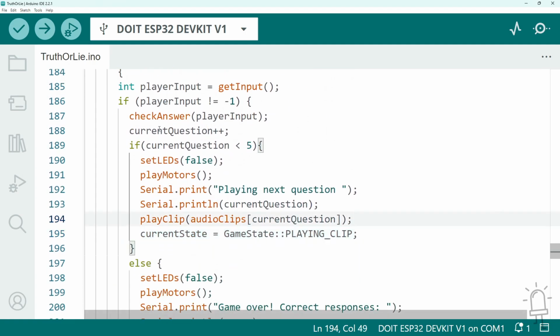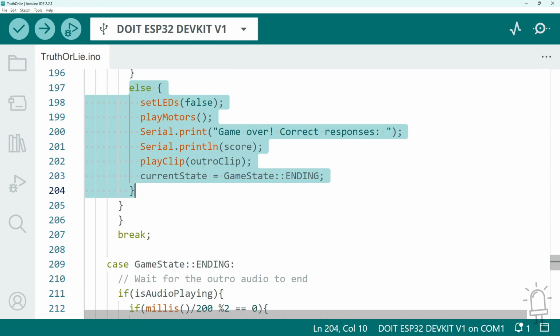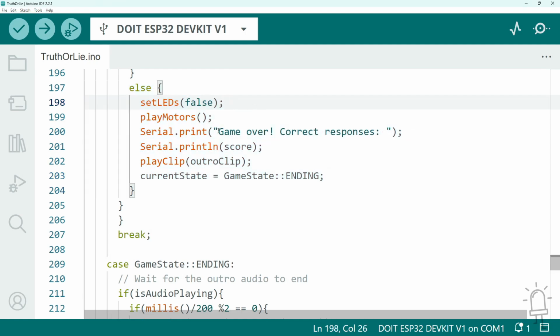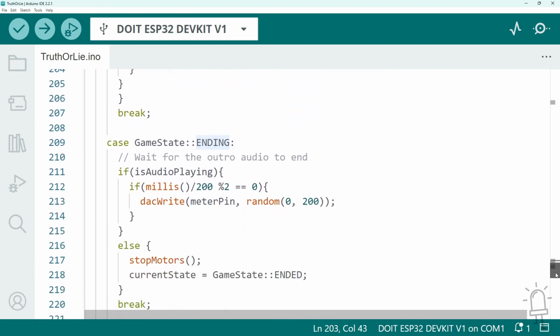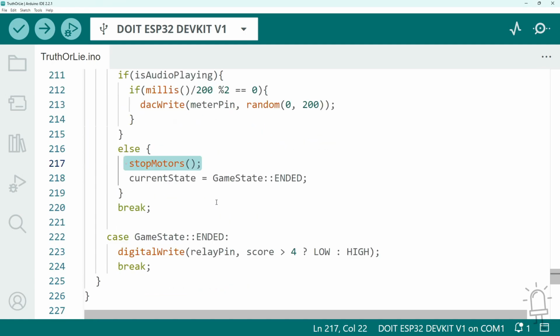We keep going back and forth between playing clip, waiting input, playing clip, waiting input, until the value of the current question counter has exceeded the total number of questions that we are going to ask. Now when that is the case, we fall into this statement block here. So we turn the LEDs off and we've reached the end of the game. Here I'm printing this out for debug information, but what happens as far as the player is concerned is that they hear the outro clip. So this is the concluding end of the interview. And then we move on to the ending state, which waits for the audio to stop playing, stops the motors completely,